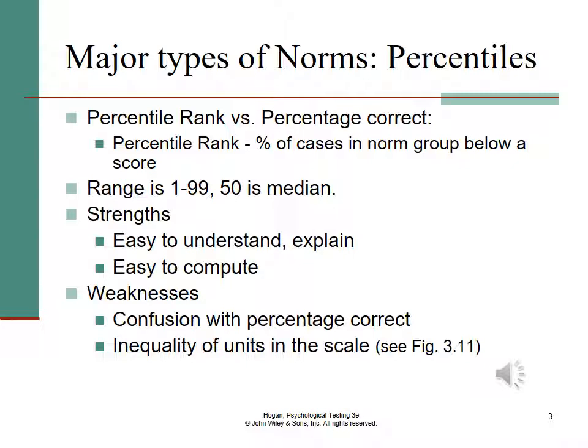If your child scores at the 90th percentile, that means they scored better than 90% of the group, which is very high. If they scored at the 50th percentile rank, then that means they scored better than half the group, which is still good because they're right at average. Be careful not to get these mixed up.